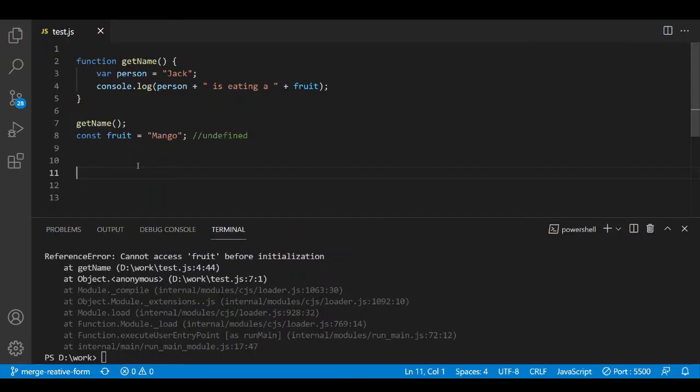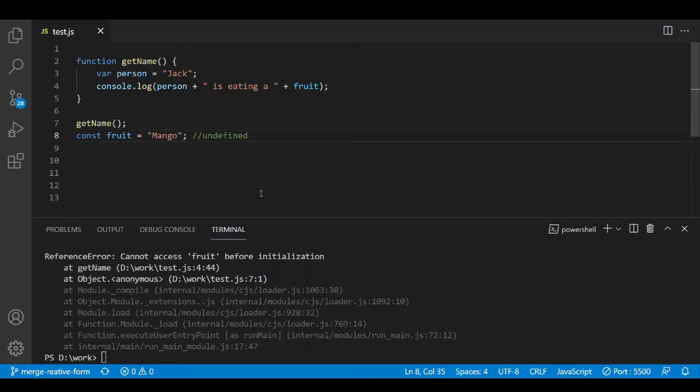The reason we have these let and const declarations is to pick up on errors. So if a programmer accidentally tries to access a variable before even declaring it, you'll get an error straight away. In case of var, that won't happen. In case of var, it will put an undefined value, and then you'll be scratching your head trying to figure out what exactly happened. So let and const just put up a few restrictions when it comes to using them, when it comes to accessing them.